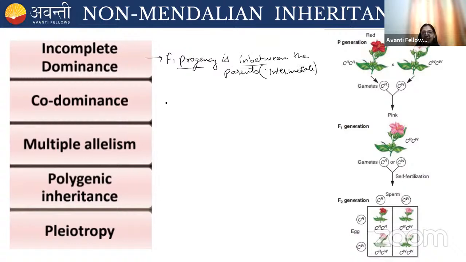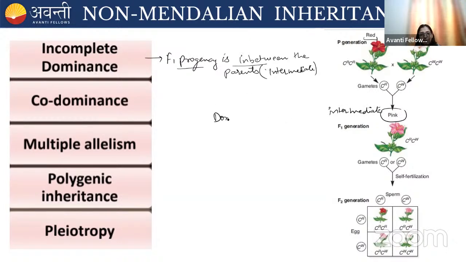So as you can see in the figure, there's a parent, the parent is red. One parent is having a red phenotype and another parent is having a white phenotype. So red is dominant and white is recessive. So it will produce a gamete R, it will produce a gamete W. So when they cross, they produce a pink color, which is an intermediate. That means the F1,